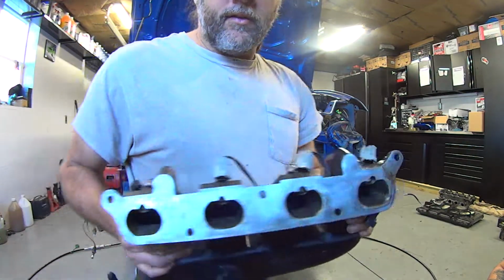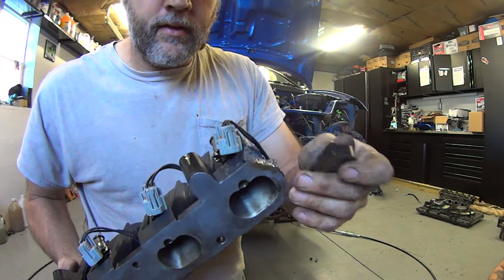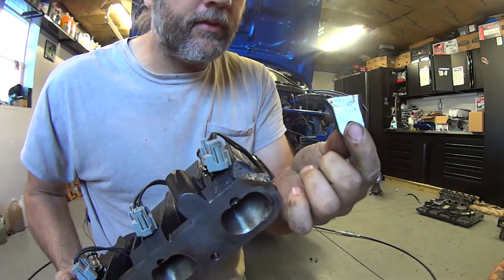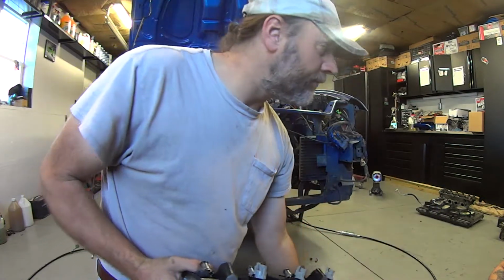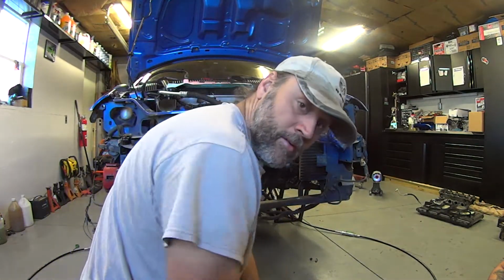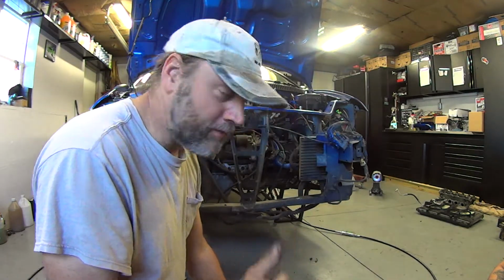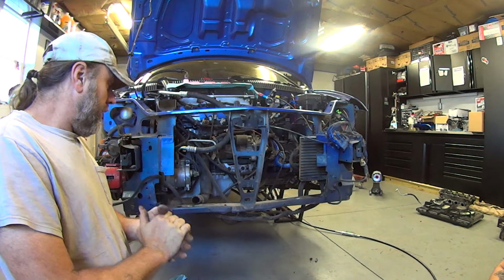Here's the intake. You can see this was cracked and it just pops right off. So JB Weld does not work to hold this together. And we ended up getting another intake, which I'm sure you're going to be happy to see what the color of that thing is. So anyway,